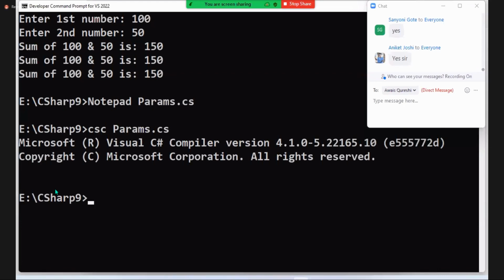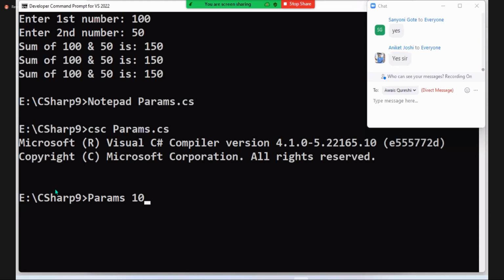The compiler won't check whether you have written any print statement. The compiler will check for syntactical errors. There are no syntactical errors, so the program compiles. But when you run this, you won't get any output. Why? You did not write anything in the code. Yes or no? But what I'm trying to tell you is, when you run this program, you can pass a